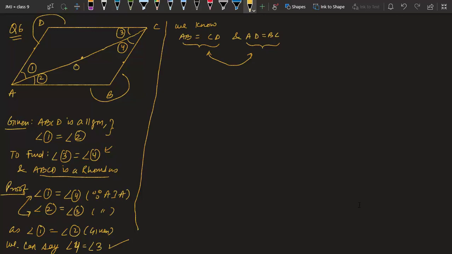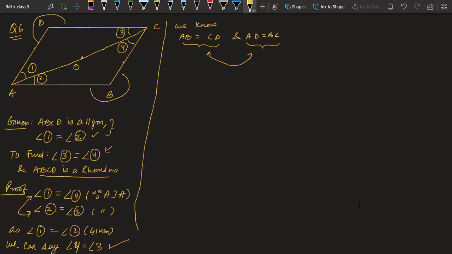To prove that, in the previous questions we have seen, we used to take two triangles and we tried to prove them congruent and we found these things by CPCT. But in this case, if you will try, you will not be able to prove that. Because in this case the situations are different. In this case you have to use the given things and what you have proved. So obviously you have given that 1 and 2 are equal and you have proved 3 and 4 are equal. We also know that completely A and C are also equal.